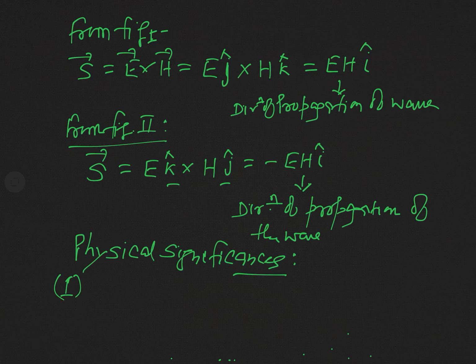Actually, Maxwell thought that the medium in which the electromagnetic wave is propagating is just like an elastic solid, and the electrical energy represents the potential energy of strain of the medium, while the magnetic energy resembles the kinetic energy of motion. This was actually the thought of Maxwell.